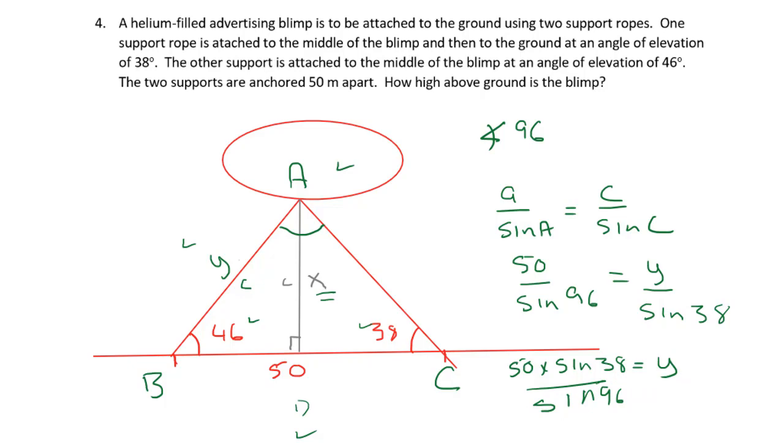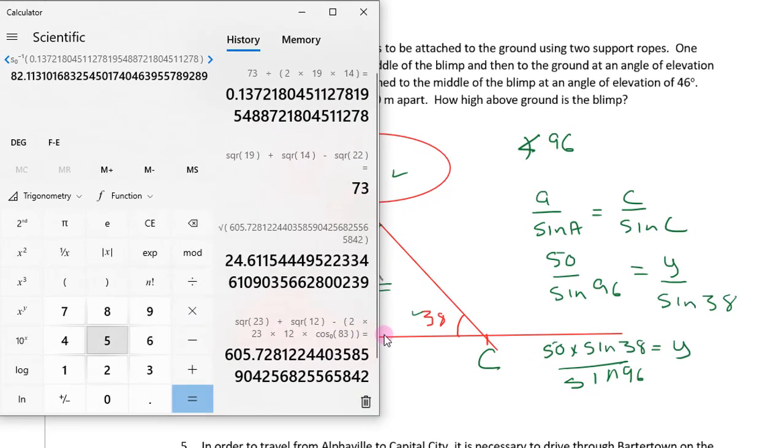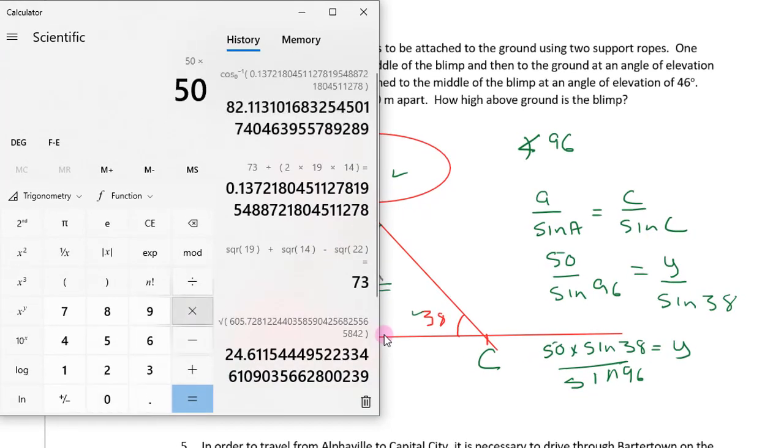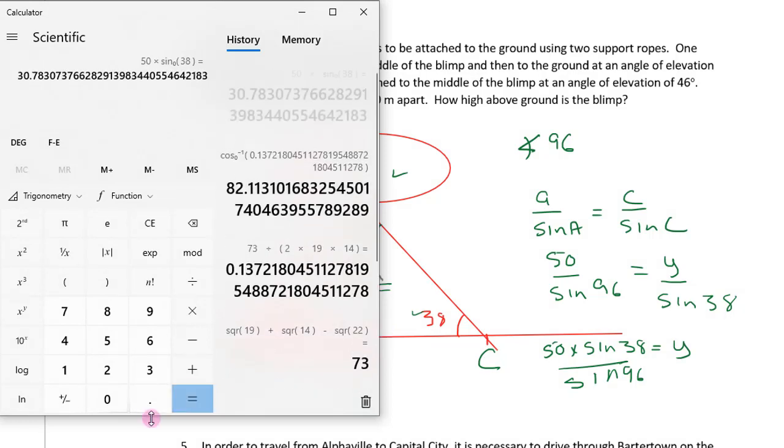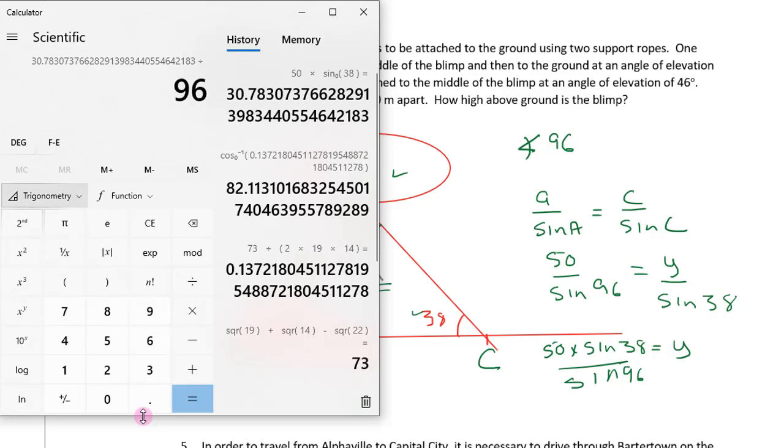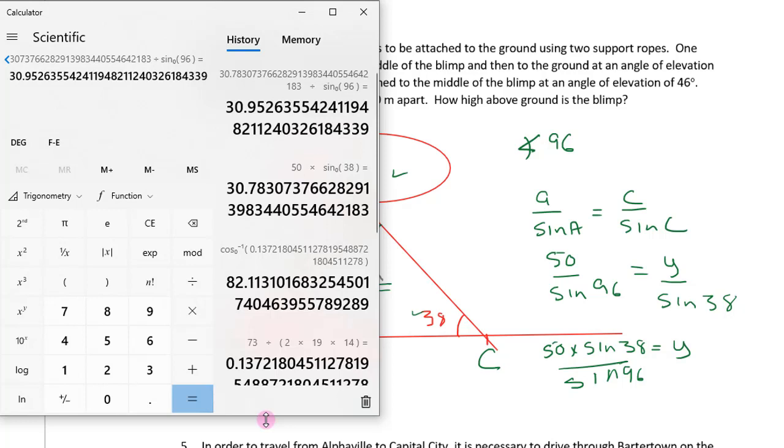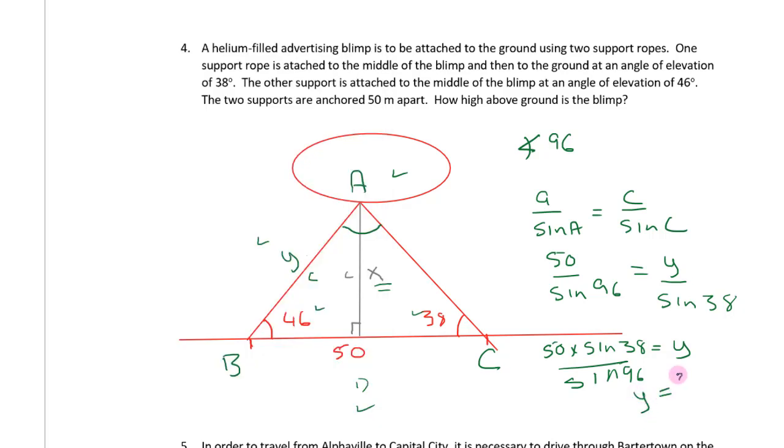I'm going to pull up my calculator, and I'm going to start off by typing in 50 times the sine of 38, so 38 and then sine. I'm going to hit equals to see what my numerator equals. Now I'm going to go divided by 96 and again sine. Hit equals, and now I know that y is going to be 30.9526. So I'm going to add that to my diagram, and I can round that to 1 decimal place. So y is going to equal